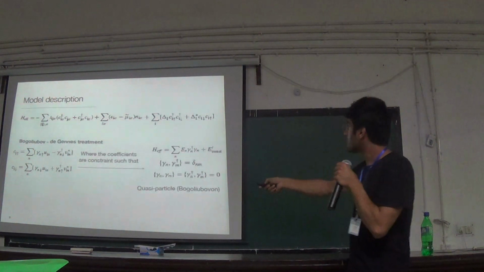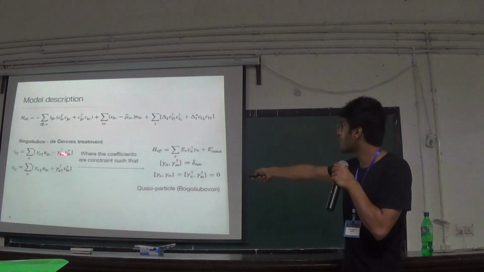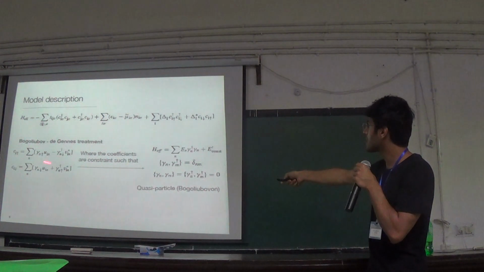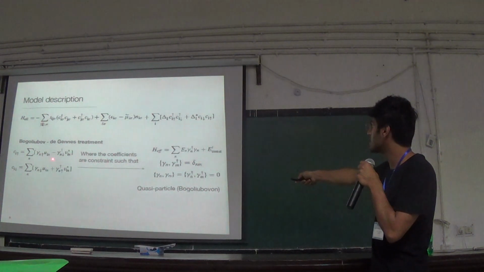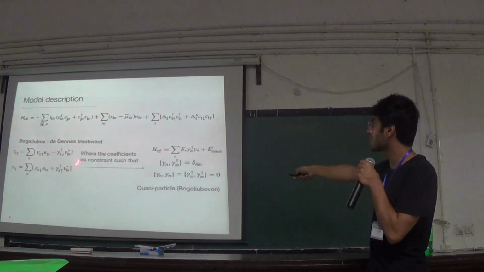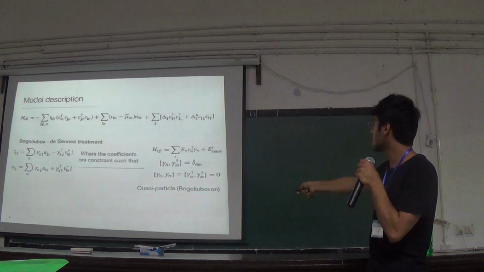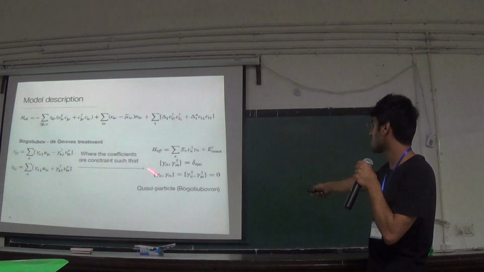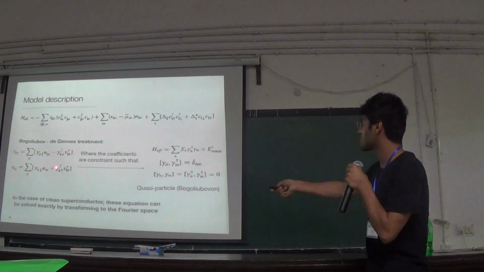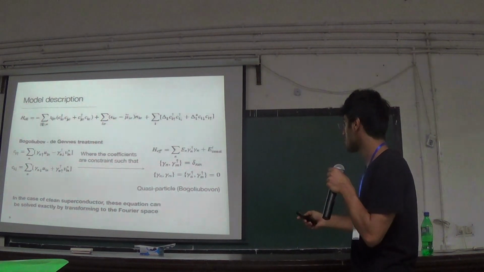Right? Now, you don't know exactly what the constraints on U's and V's are, these are just the coefficients in the system. But you can find the constraints by requiring that this gamma operator diagonalizes the system as this. And then gamma operators also follow the Fermi-Dirac statistics, which is this and this. These are famously known as the quasi-particles of Bogoliubov-de Gennes. And that gives you all the constraints for U's and V's. You can solve for that, and then you can get the whole eigenspectrum.